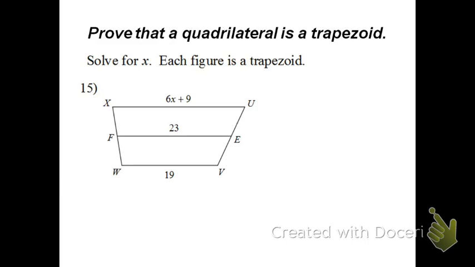Alright, back to number 15 now. So we want to solve for x once again, and you see that we have 19, 23. Let's find out what the difference is. Now if you need to subtract here, you could take 23 minus 19. They are indeed 4 apart. So if we build on 4 more, because we're building up to a bigger side, that means 6x plus 9 is going to be equal to, you got it,